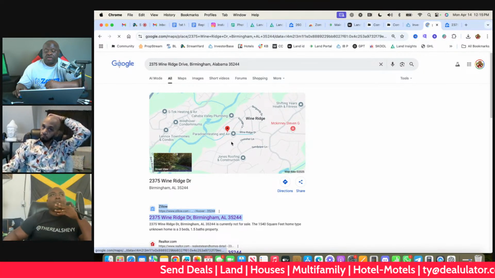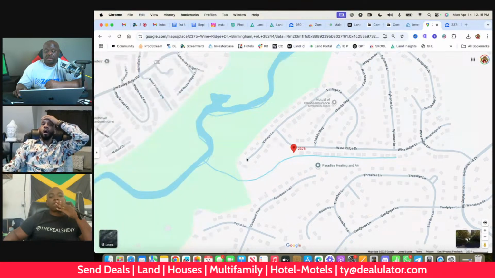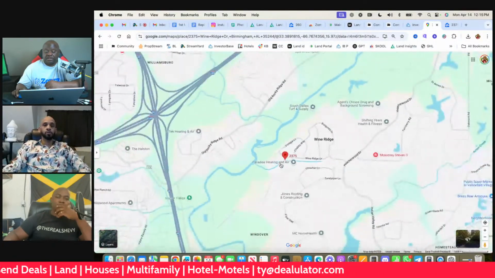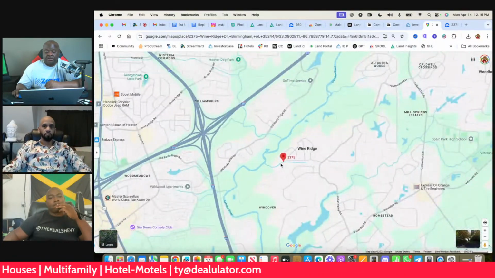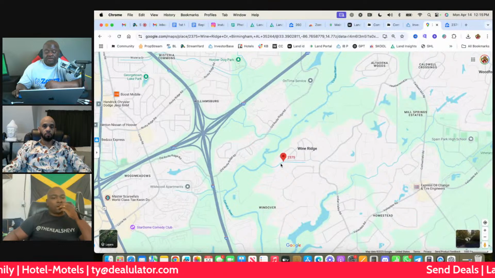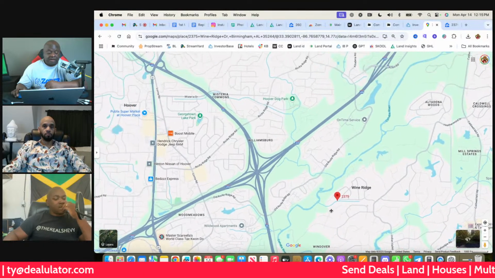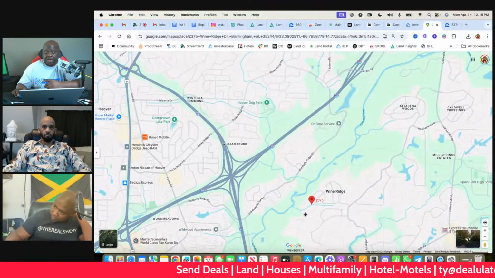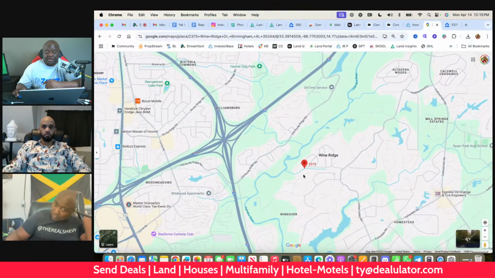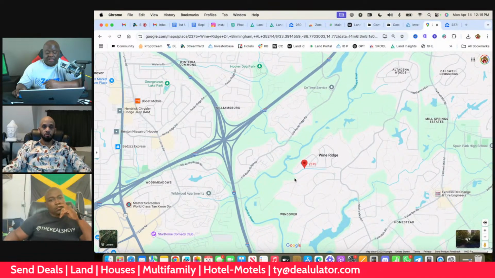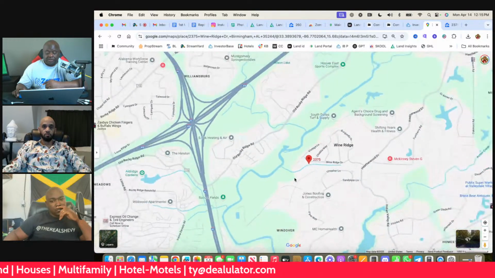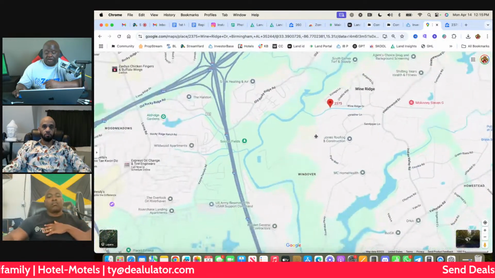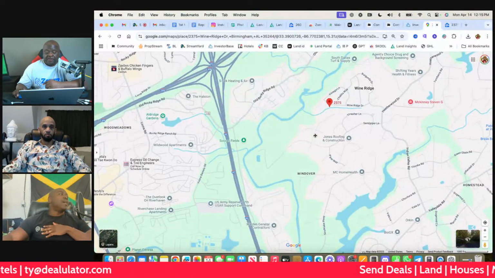Let's do this. So this is off of Highway 2. Well, no, it's not. Old Rocket Ridge. Oh, I know exactly what that is. That ain't far from where I am. It's back up in that little cut right there.